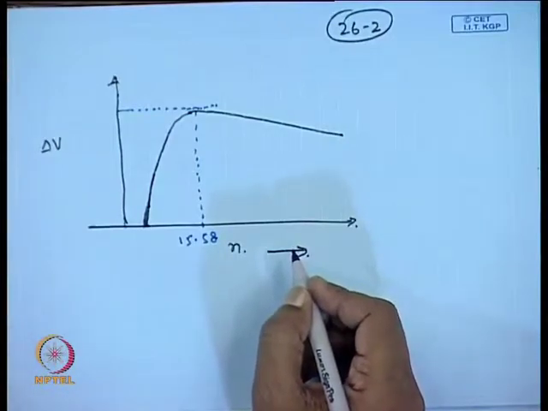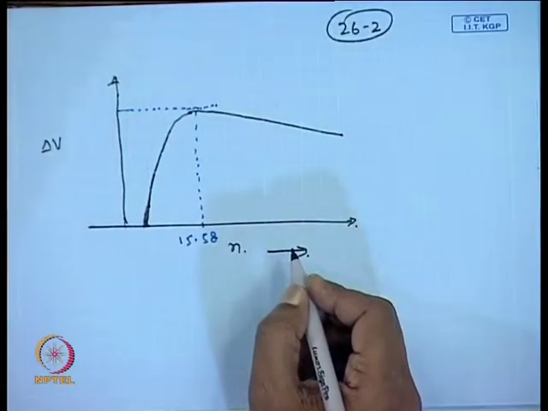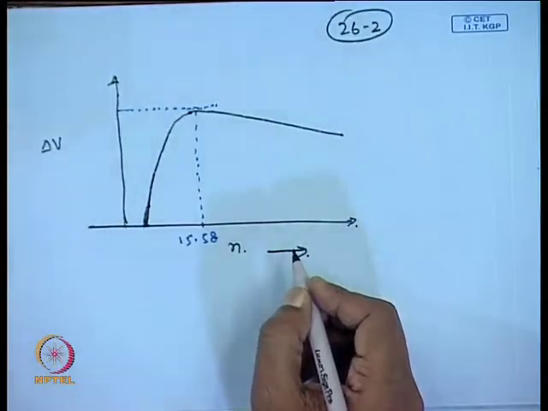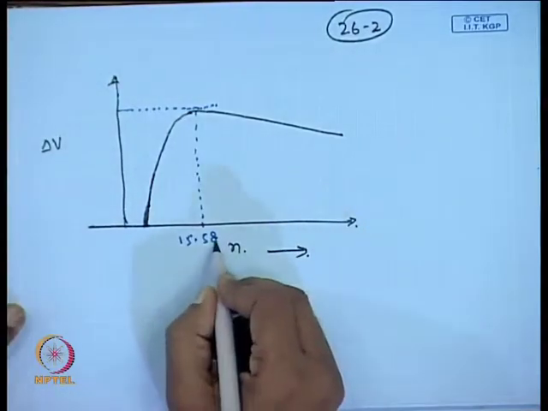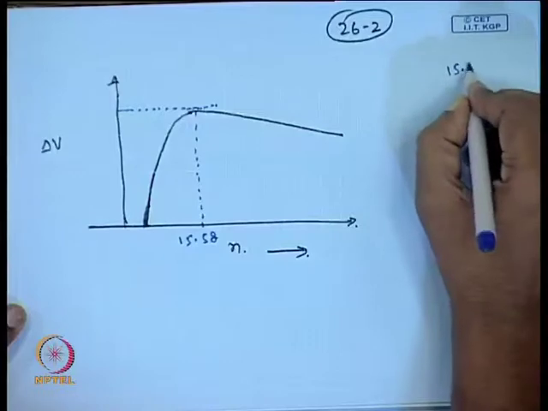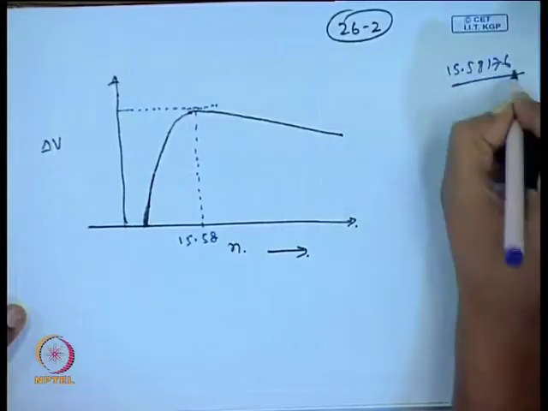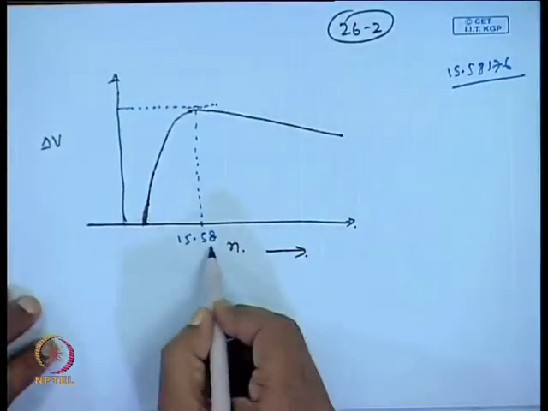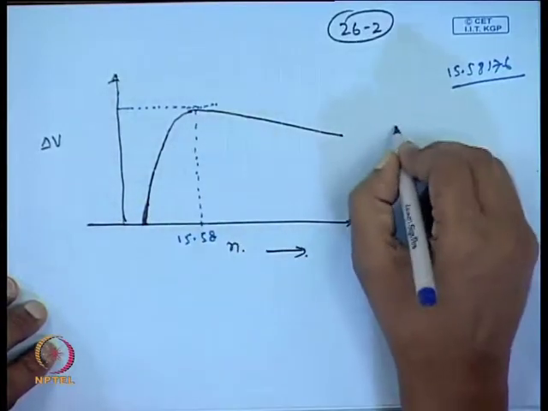We calculated the more precise value, and it turned out to be 15.58176. So, we are approximating this using 15.58, and for a